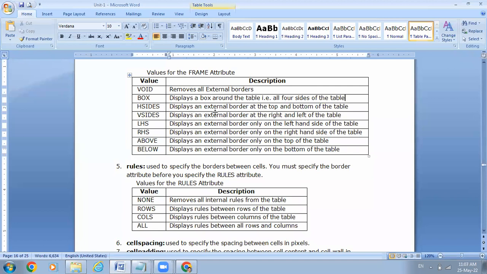H sides displays the external border at the top and the bottom of the tables. V sides, the vertical sides, displays the external border at the right and the left of the tables. LHS, left hand side, displays an external border only on the left hand side of the tables. RHS displays an external border only on the